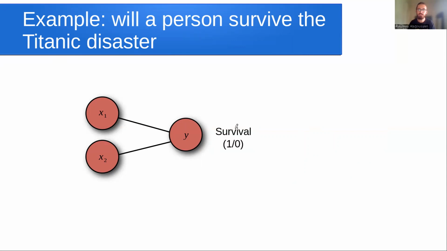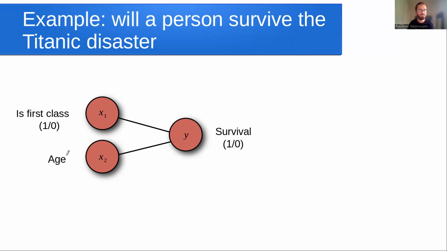So here we want to predict if a passenger on the Titanic will survive the later catastrophe. And we will say that if the model outputs a 1, we predict that the person will survive, and if it outputs a 0, we predict a fatality. And here I've just chosen at random 2 predictors, 2 input variables. The first is whether or not the passenger is in first class, because I know that a lot of people in first class had a much higher chance of surviving, and also age.